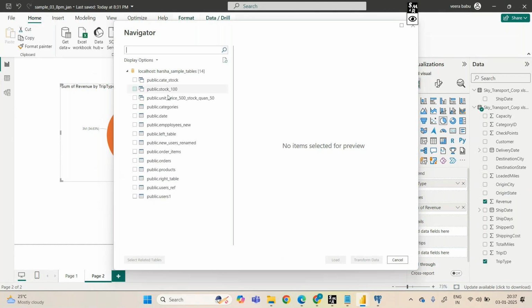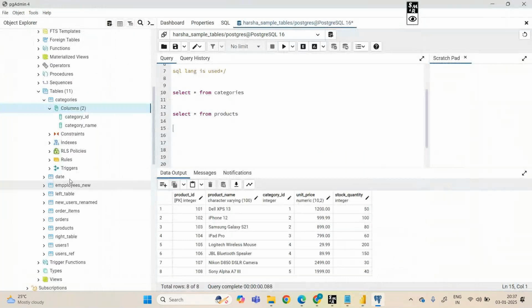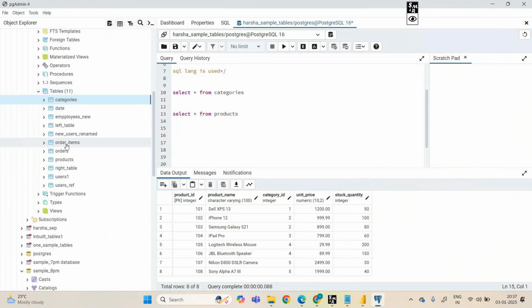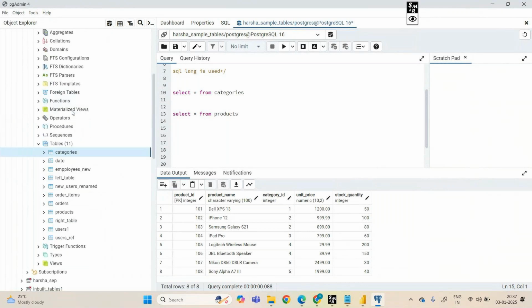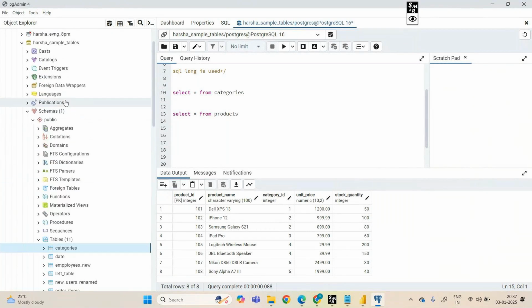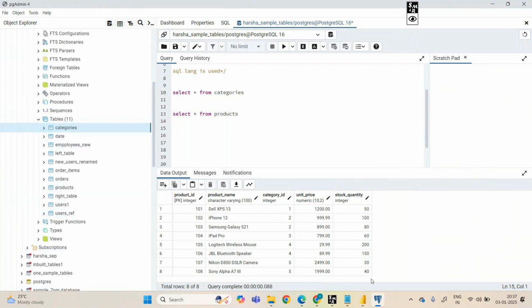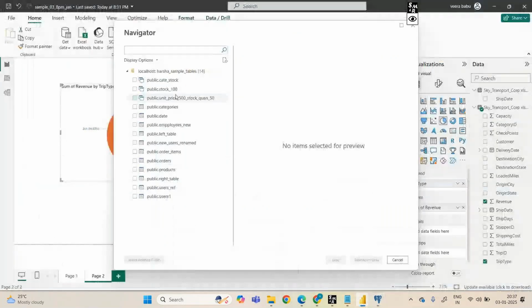So all the tables in that, see, all these tables you can see here. These were the tables from the Harsha sample table. And the view part also came.